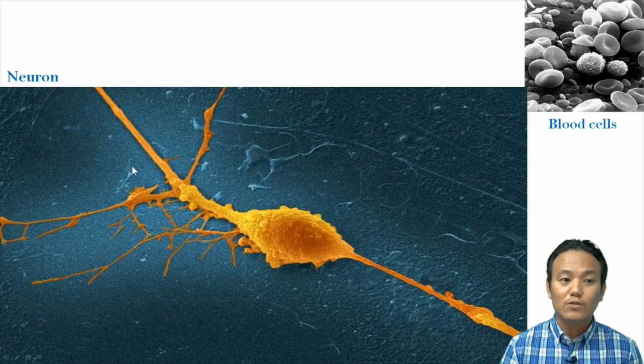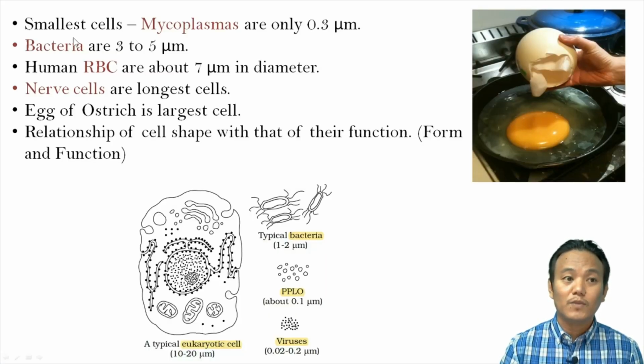And then we can see the photo of blood cells. We have different types of blood cells. Here it's a human red blood cell, and this is a white blood cell. So you can see the cells have different sizes and shapes. And if we talk about sizes, the smallest cell,